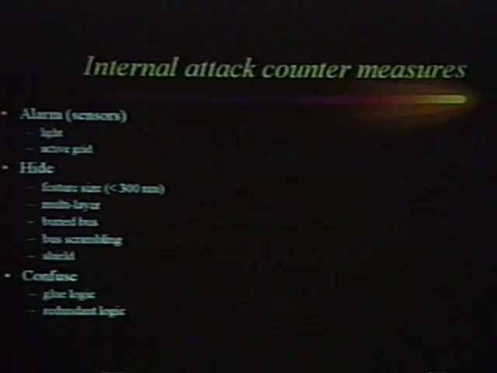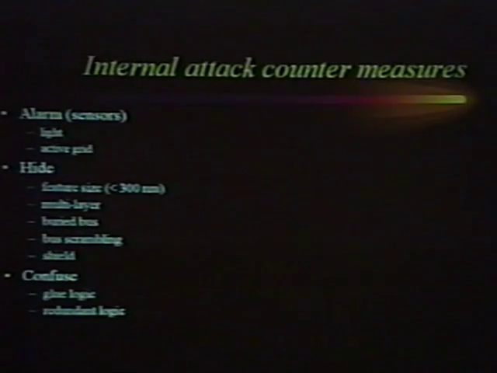We can also do bus scrambling. As this bus is so important, we can do some kind of simple hardware scrambling in which we make the data on the bus just a big mess for somebody who doesn't know the scrambling key. And we can use shields, let's say metal covers or whatever cover on top of the chip to make it difficult to penetrate.